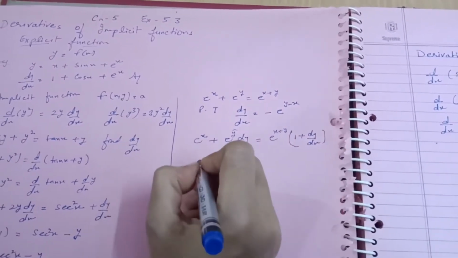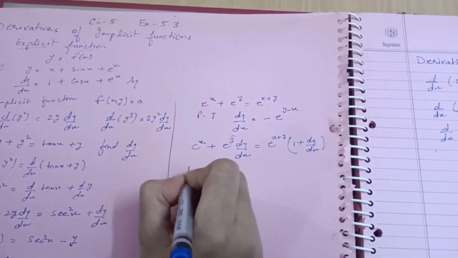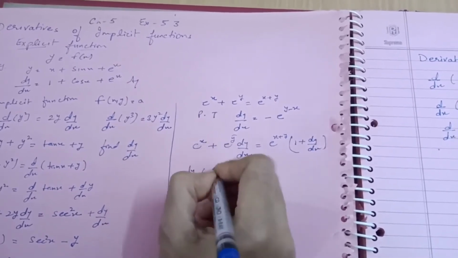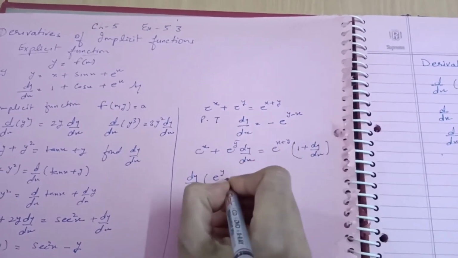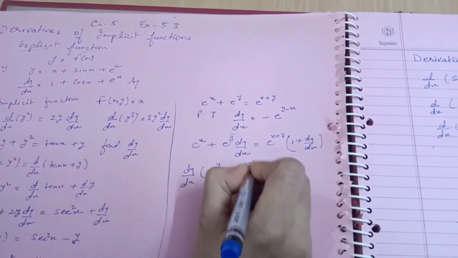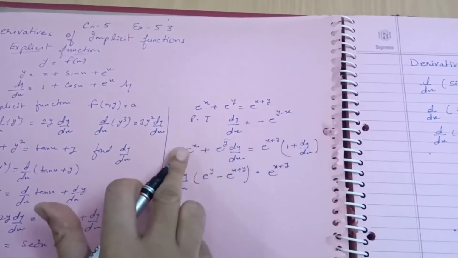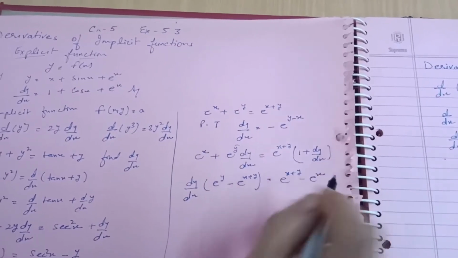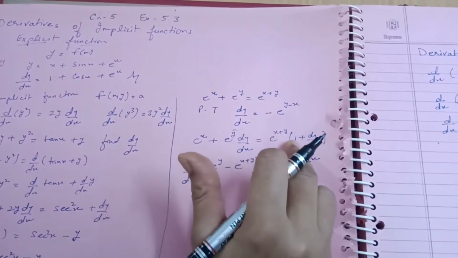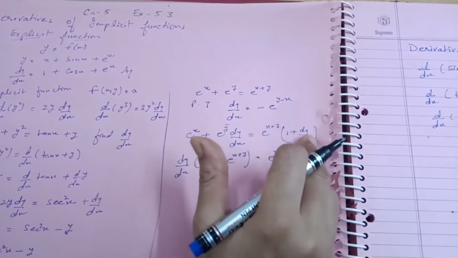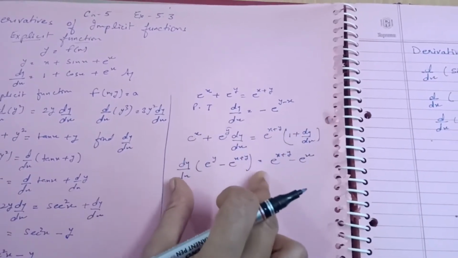Okay, now I will take dy/dx common. So dy/dx common, what remains is e^y, and here if I multiply, the coefficient will be e^(x+y). So I am taking it equal to 1 times this e^(x+y), this minus e^x, it will go to that side. This is the only calculation I have done. I opened the dy/dx common, son: e^(x+y) + e^(x+y) dy/dx. Then I transpose dy/dx to that side, combine two terms, so this will be the result.